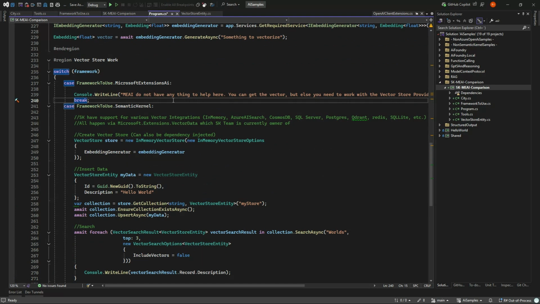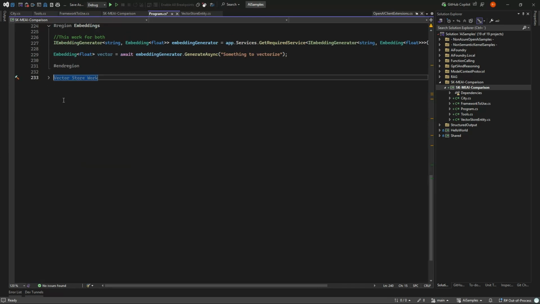You need to new up an Azure AI Search client and find the index you want and add data to it. Of course, it can be done, but for Semantic Kernel, it just has this out-of-the-box feeling compared to this.